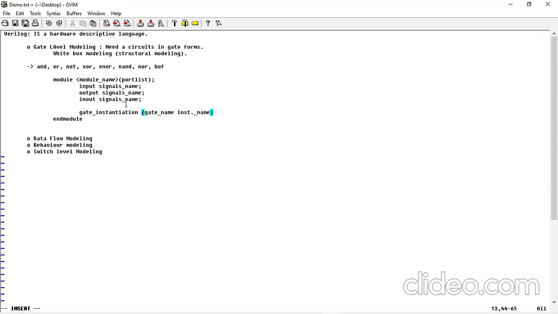After the instantiation name, what all things do we have to do? Here, the port list of your gates. So what will be the port list? First of all, you have to write the output, then the inputs, for every predefined gate. For every predefined gate, you have to work like that. Okay. And after that, a semicolon. Okay. So this is our